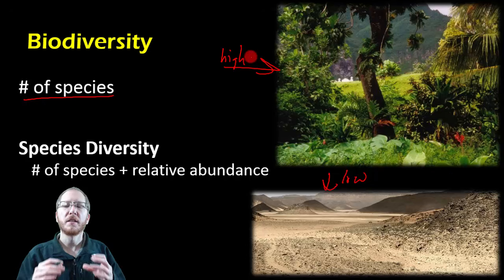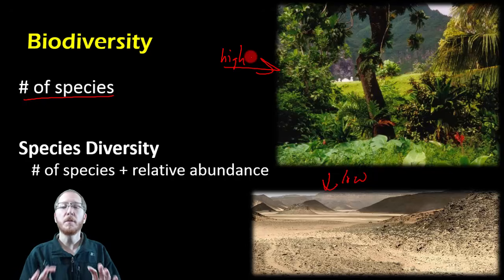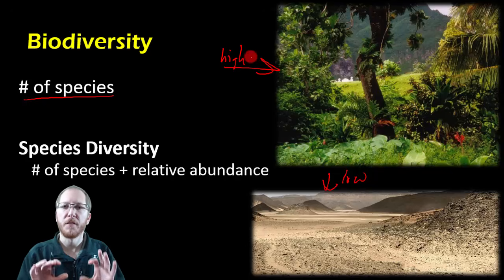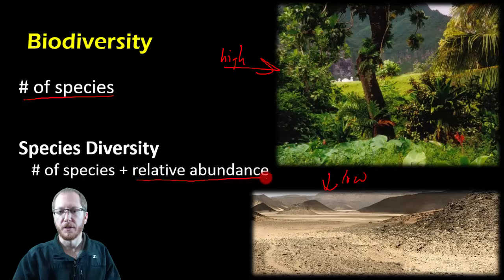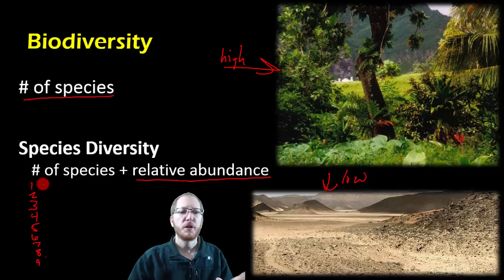And so one of the things they'll do is use this concept of species diversity, which is very similar to straight up biodiversity, the straight up number of species. We just want one extra piece of information, and that extra piece of information is the relative abundance. So let's say you have species 1 through 9. There are going to be a lot more species than this in reality, but we're going to keep it simple so I can squeeze everything in here.